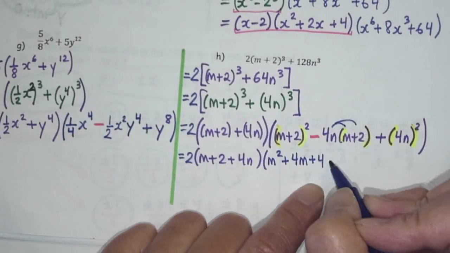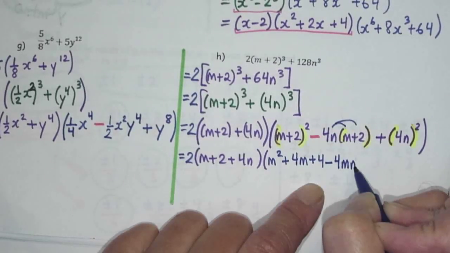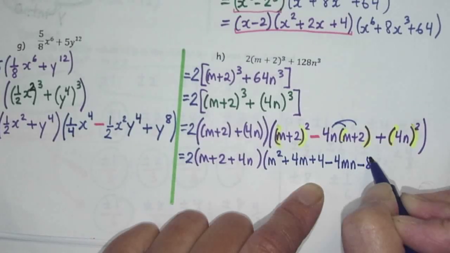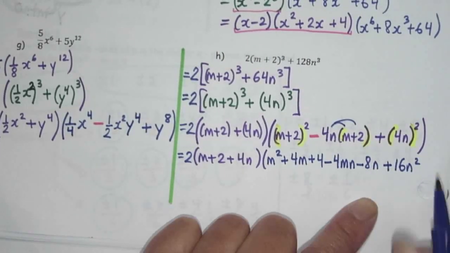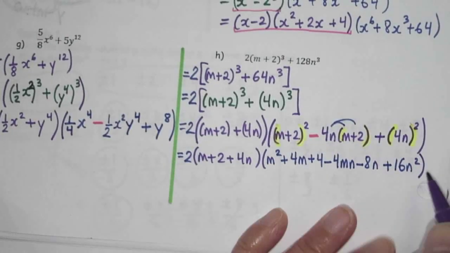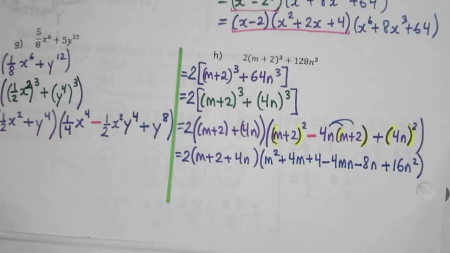Then you distribute this guy, minus 4mn, minus 8n, and then plus 16n squared. And you are all done. I have no like terms. I just gave you a bunch of letters, variables. Don't gather up. But that's better because